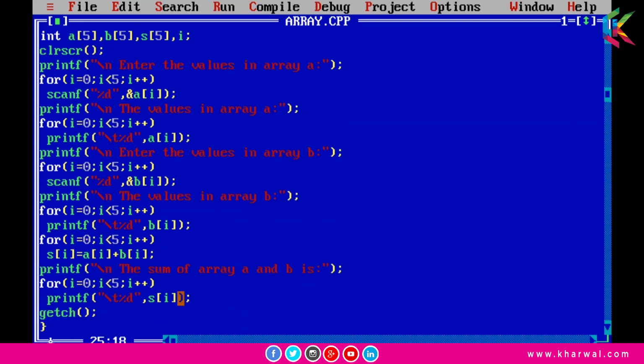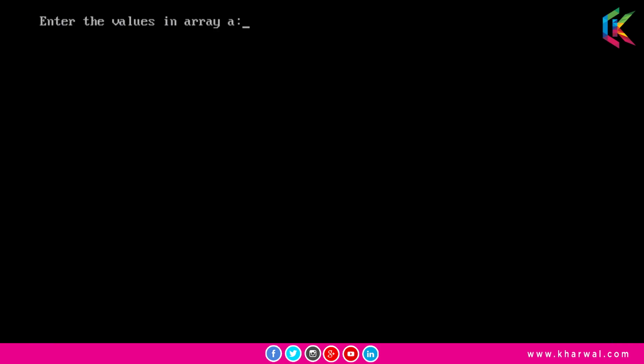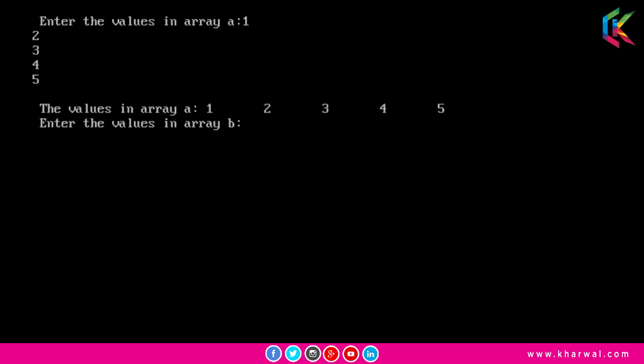So now if I run this program, it is requesting to enter the values in array A. So let me enter the 5 values in array A. So it is printing the values from array A and that is 1, 2, 3, 4 and 5.